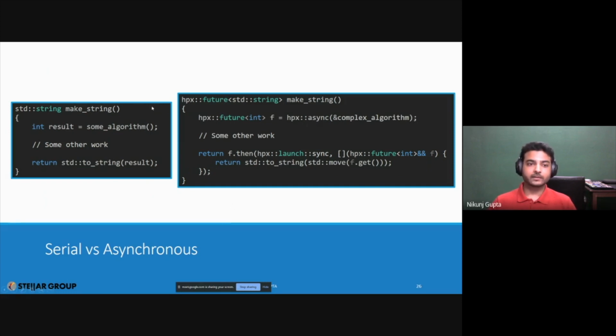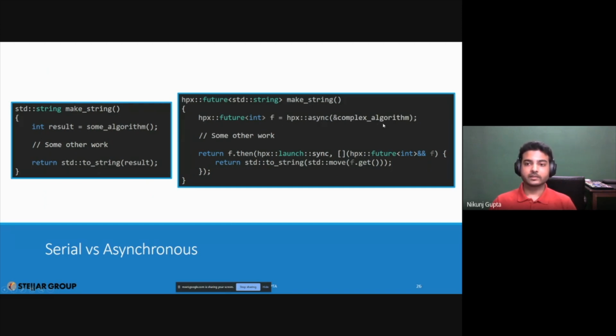You have, let's say, a make string function which calls some algorithm which returns a result. Meanwhile, you do some other work as well, and once everything is done, you send the result back as a string. The way you can do things asynchronously over here is by introducing, first off, a future for the some algorithm.